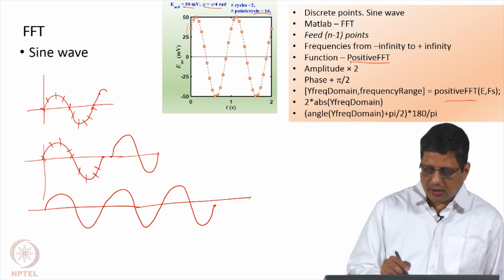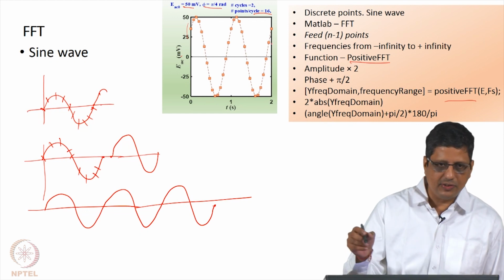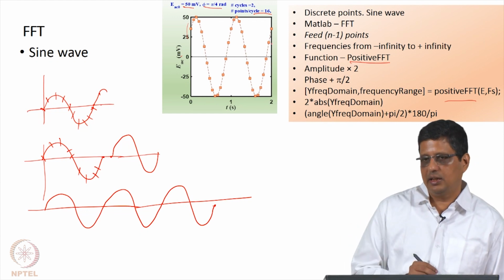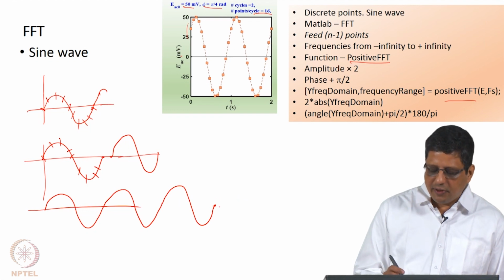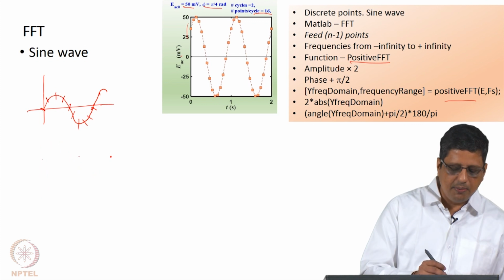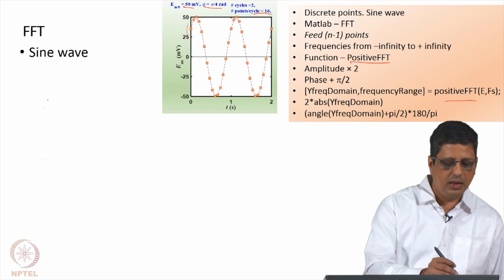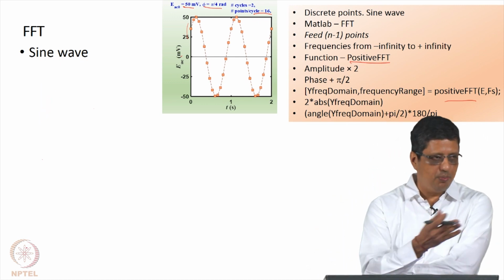So, I will give data for n number of cycles, I can give 1 cycle full, second cycle, whatever n number of cycles, but the last point I will cut before I feed it to this. Otherwise, you will be scratching your head why it is not coming the way you expect it to. This is the implementation in MATLAB. Of course, if you write your own program or take libraries, you have to be aware of what the constraints are, and the way to give the input and take the output.